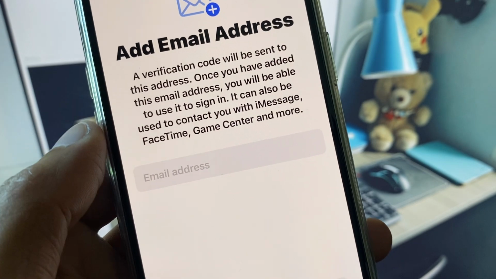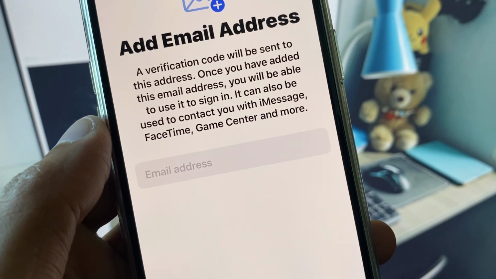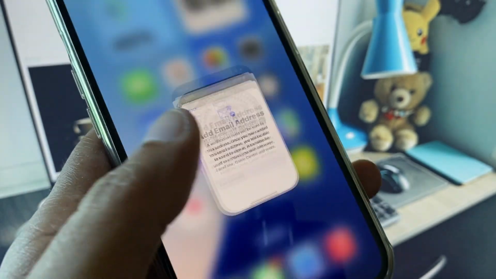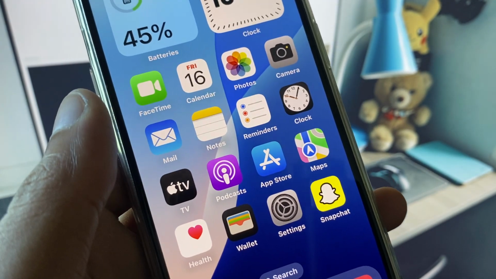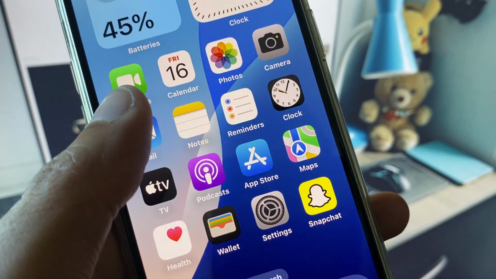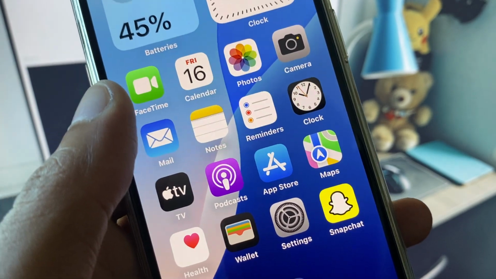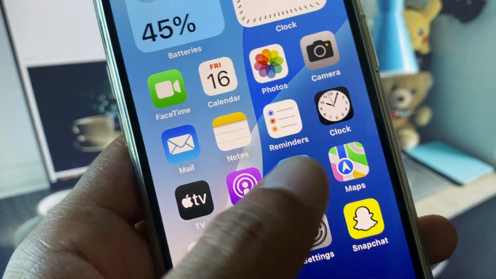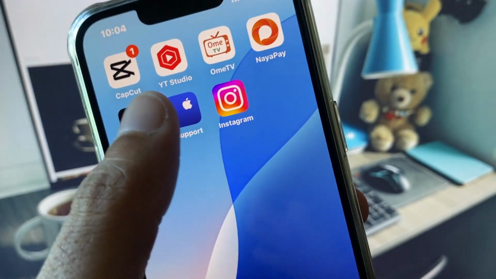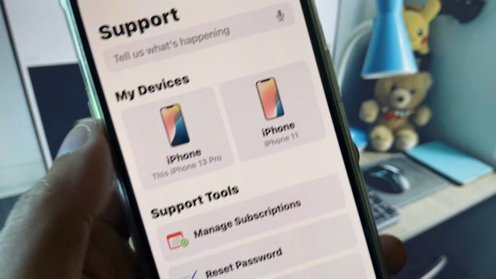How can you verify? Simply click on the Verify tab and you will receive an OTP on your email, and simply put that OTP in your Apple ID, and after this your problem will be fixed. And guys, if it still does not fix your problem, then you need to open your Apple Support app,